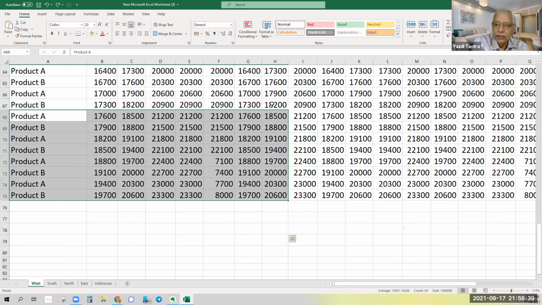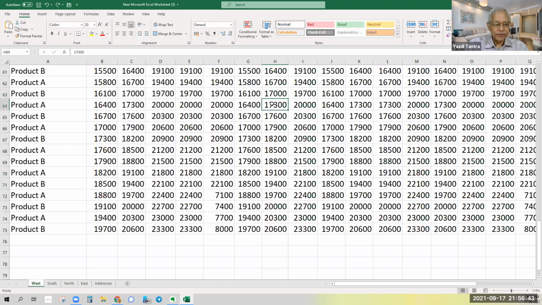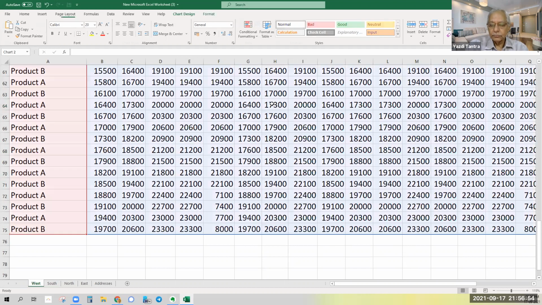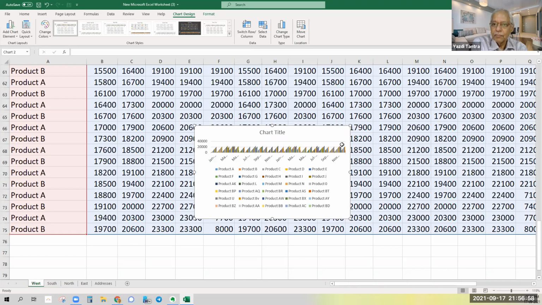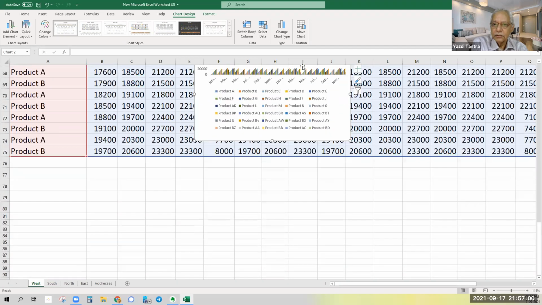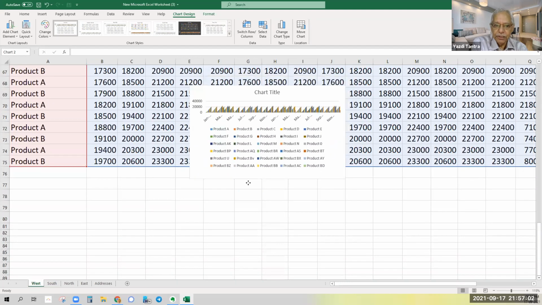Now I am in this entire huge spreadsheet, 75 rows and up to Y or Z columns, 25 columns. Now if I say Alt F1 here, my chart is made. Are you with me?